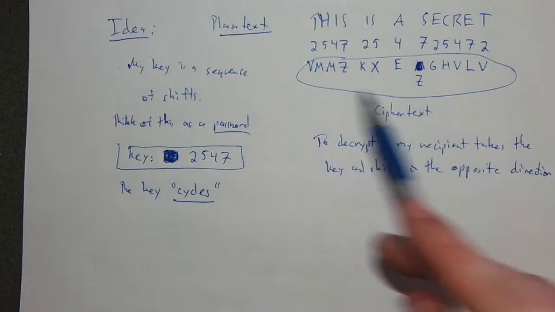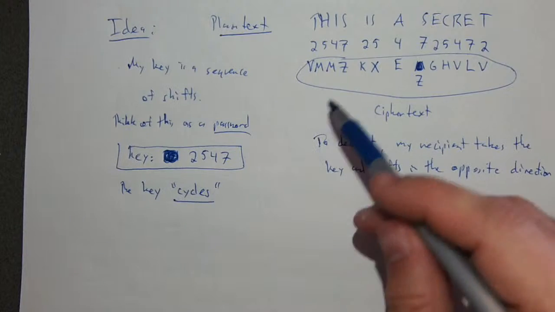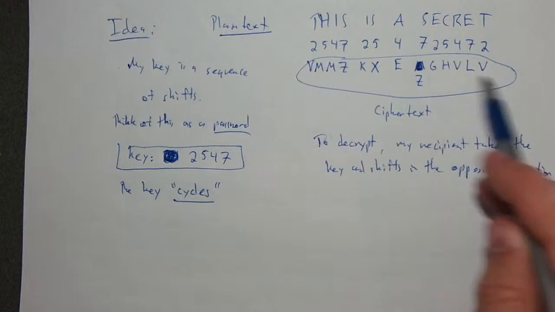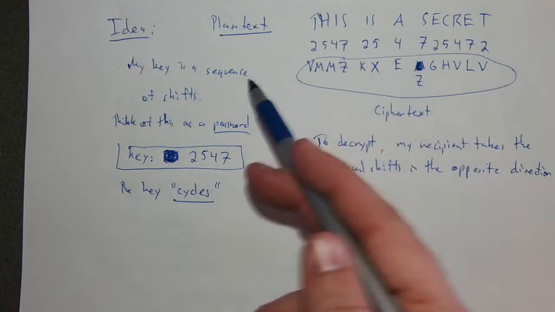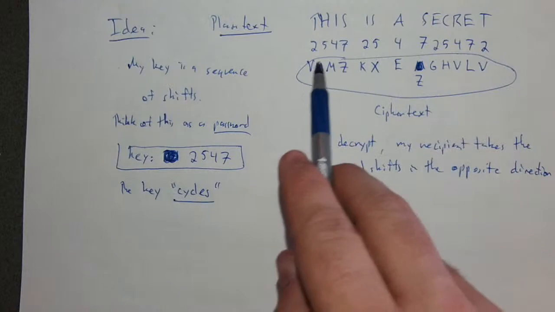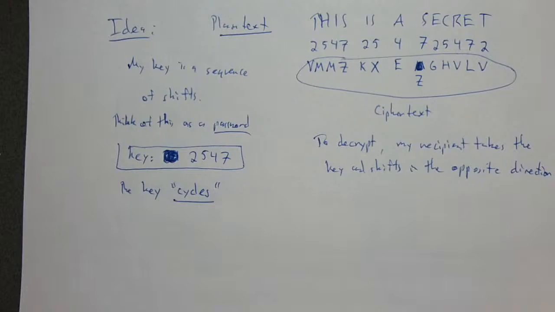So the recipient takes the key, shifts in the opposite direction. So here you would take the ciphertext. Above or below the ciphertext, you'd copy the key, cycling in this way, 2547, 2547, most of it before beginning